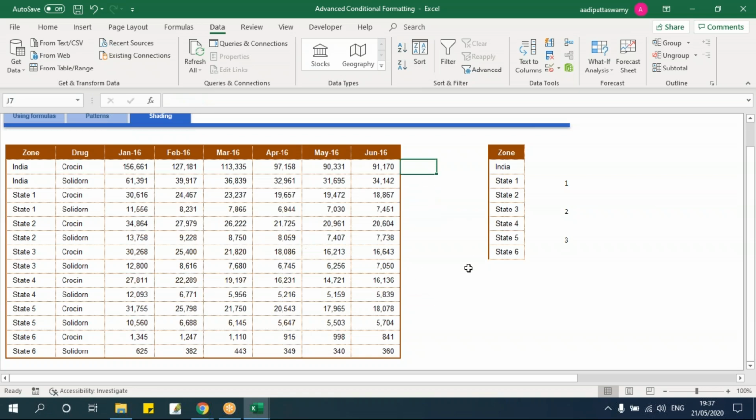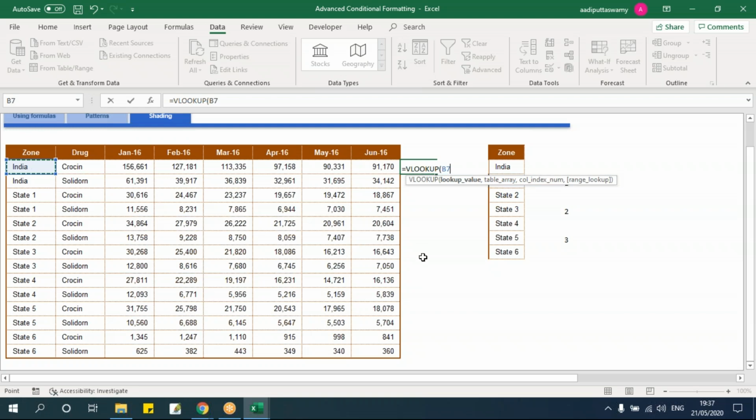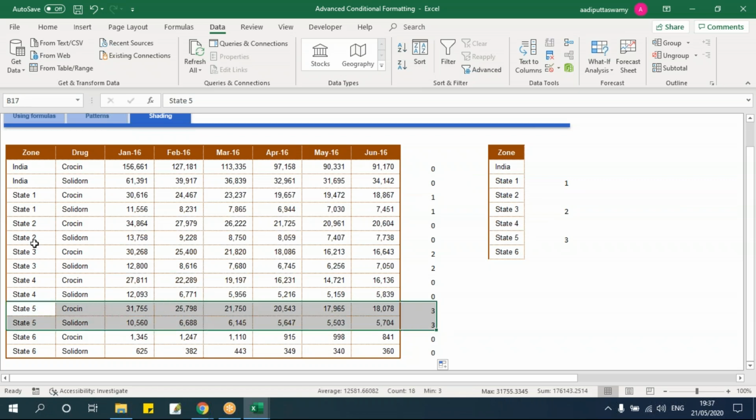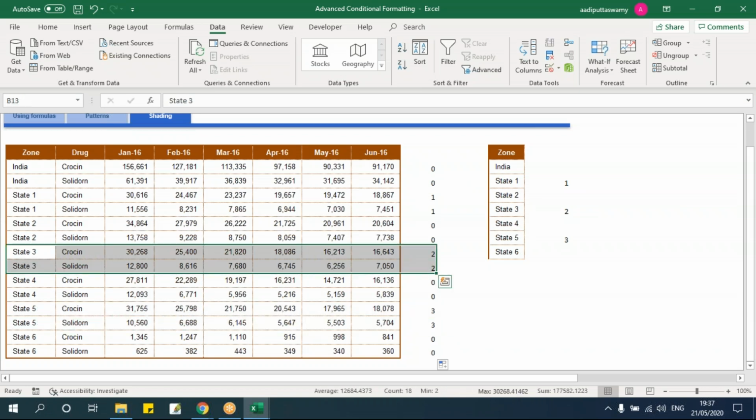So to do that, I'll go here, say equals, I'll use VLOOKUP, and then I will take this value, comma, in this range, say F4, comma, 2, comma, 0. So if I just drag it down, depending on this lookup value, here I'll get say 1, 2, and 3.